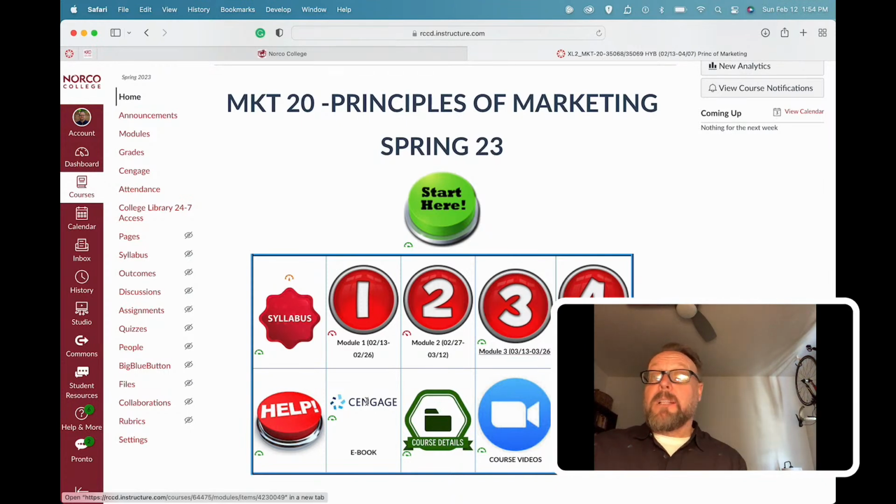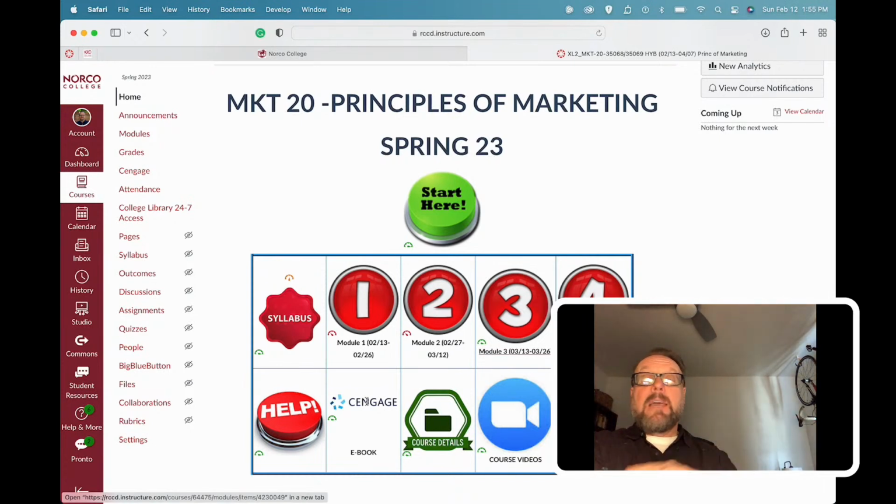So if you come to class the first day or log in the first day, go to the Cengage link, click that. It'll help you register for the book, and you pay $40, and you have access the entire semester for the book. But you don't have to use that. You don't have to pay that. You can rent one. You can buy one somewhere else. But you don't need any portal.